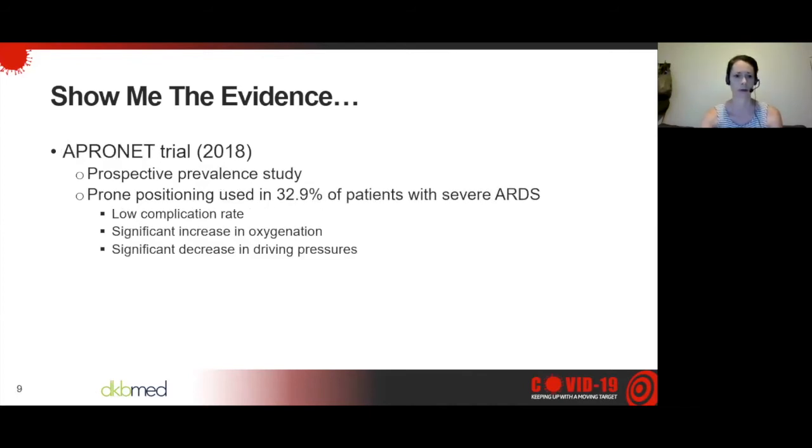And then there was one more trial I wanted to talk about real quick. It's the Arron trial. That was from 2018. This one's just a prevalence trial. And I thought this one was interesting because it was strictly just looking at when are we using prone positioning, how often are we using it. After they collected all their data, they found that prone positioning was only used in 32.9% of patients with severe ARDS. For patients with mild or moderate, it was barely into the double digits. So it's not something that people are really utilizing in the past to deal with ARDS as much as they could. It seems more of a rescue therapy is what people were using it as,